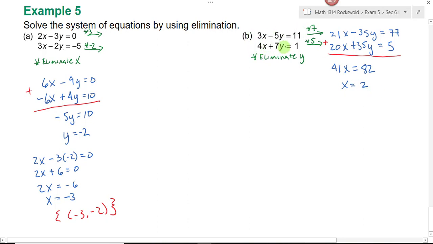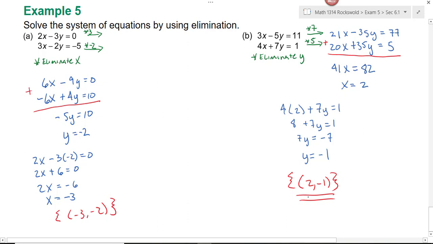So I'm going to choose the second equation where the y term is positive. So that's going to give us 4 times 2, because x was 2, plus 7y equals 1. So that's going to give us 8 plus 7y equals 1. If I subtract 8 from both sides, I get 7y equals negative 7, and that means that y will be equal to negative 1. So the solution to this system of equations is going to be the point 2, -1,